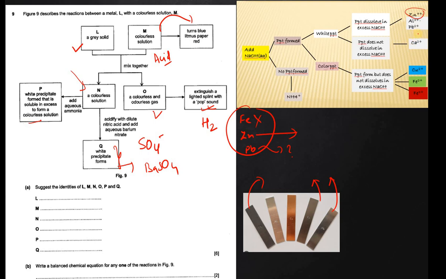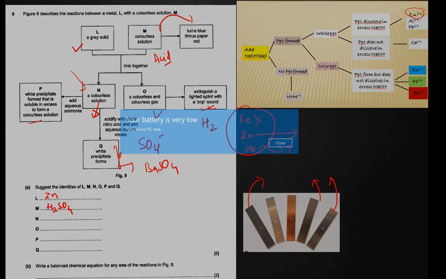Aluminium is gone, lead is gone, calcium is gone, because calcium sulfate and lead sulfate are not soluble. Now the analysis of the question is complete. Now we have to identify L. So L is a metal, it is zinc. M is an acid, which should be sulfuric acid, otherwise where would the sulfate come from, right? This sulfate is coming